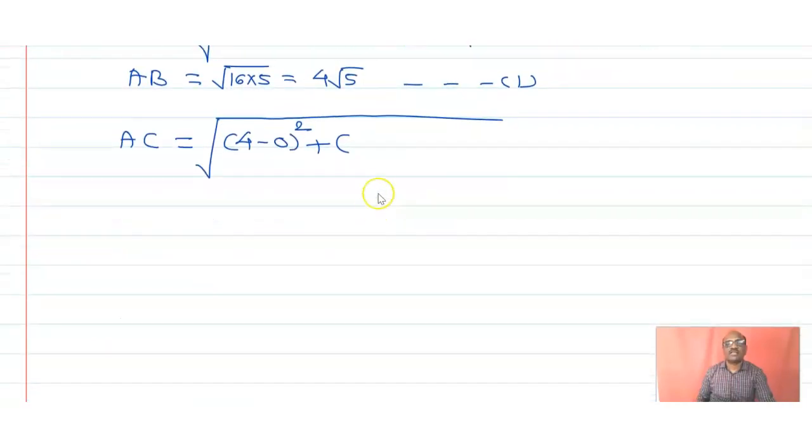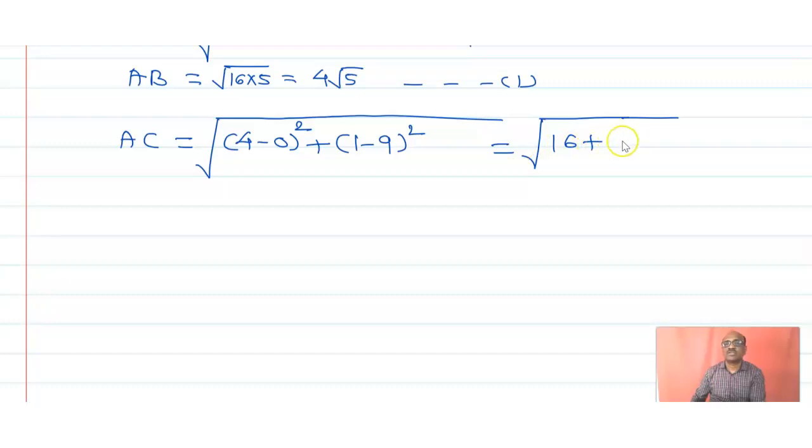Next is 1 minus 9, 1 minus 9, in a bracket square, and that is equal to... 4 minus 0 means what? Here you will get 16, and 1 minus 9 is minus 8, and minus 8 square again is 64, and overall you will get 80. Therefore, AC is equal to root of 80, which means what again? It is 4 root 5,